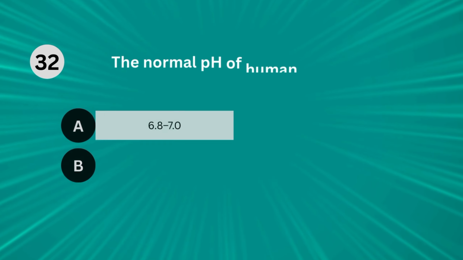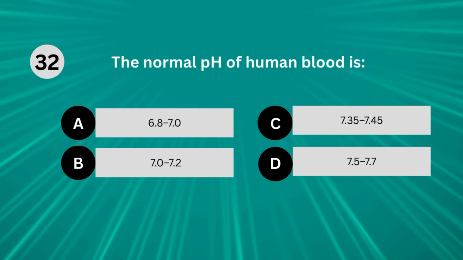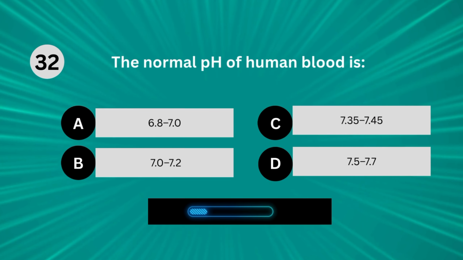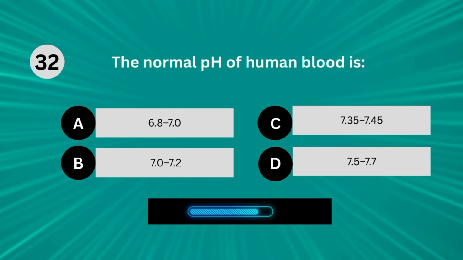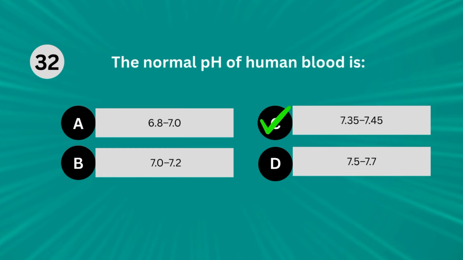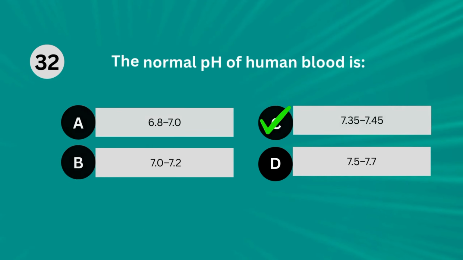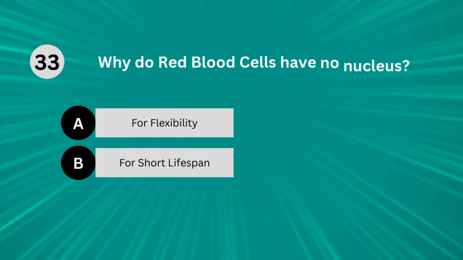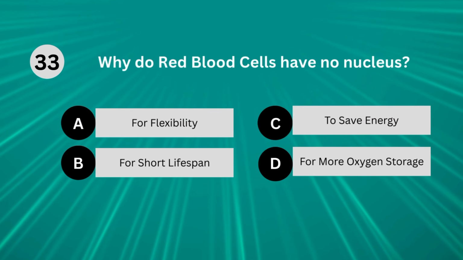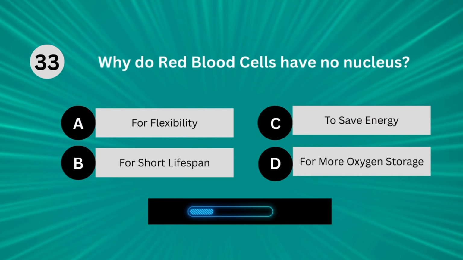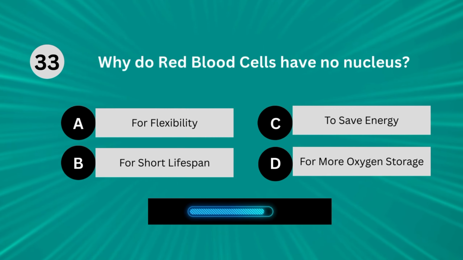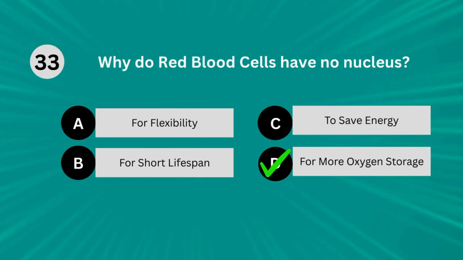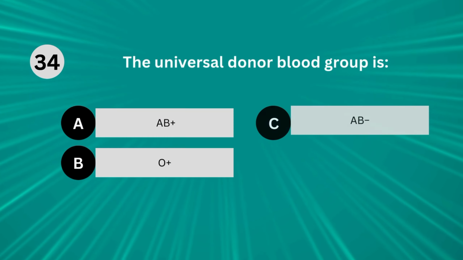The normal pH of human blood is 7.35 to 7.45. Why do red blood cells have no nucleus? For more oxygen storage. The universal donor blood group is